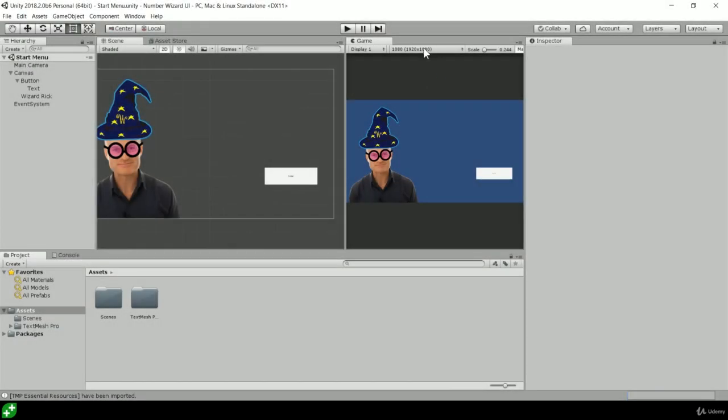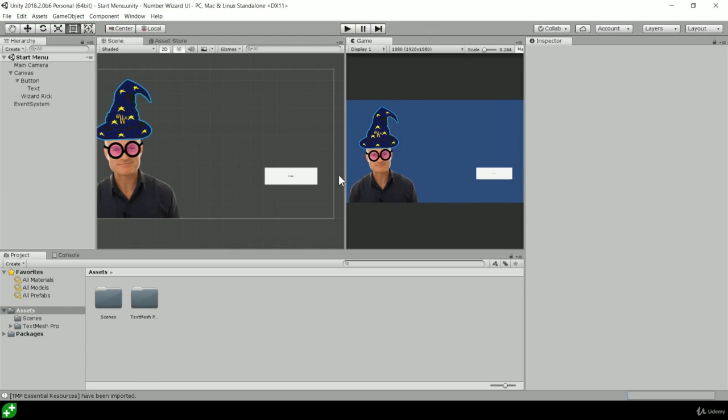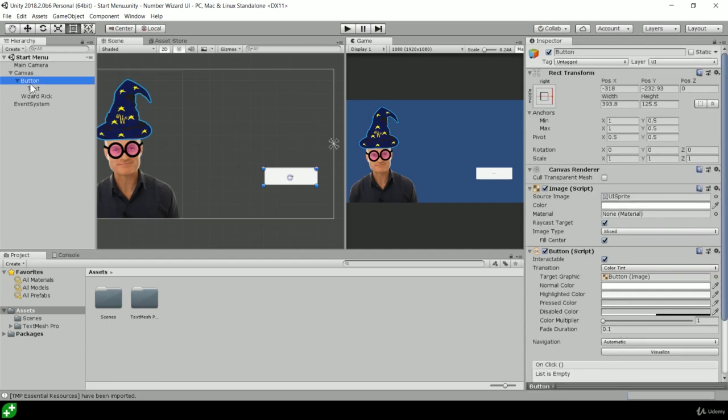We've been playing around with aspect ratio a bunch. I'm just going to leave mine at 1080 for now. I find that makes it look nice and crisp. We're going to turn our attention to buttons. We have a button already with some pretty yucky text on it that we can't really even read, so let's do something about that. First, I will rename my button to Start Button, so I'm very clear this is what